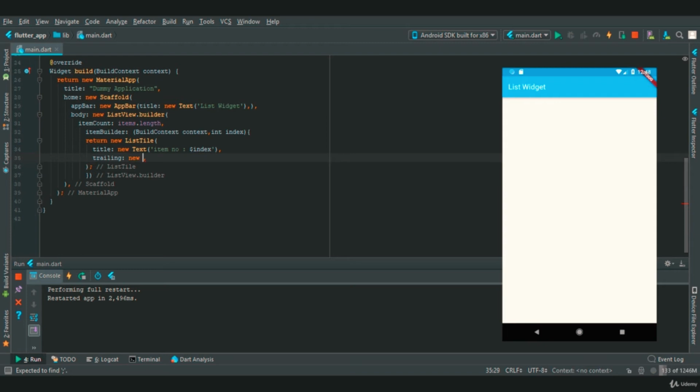Here we will create an icons dot, let's say arrow forward icon, and let's restart our app. And as you can see, we have created 50 list items, and you can scroll up and scroll down, and that's it. That's how you create a list of array in Flutter.